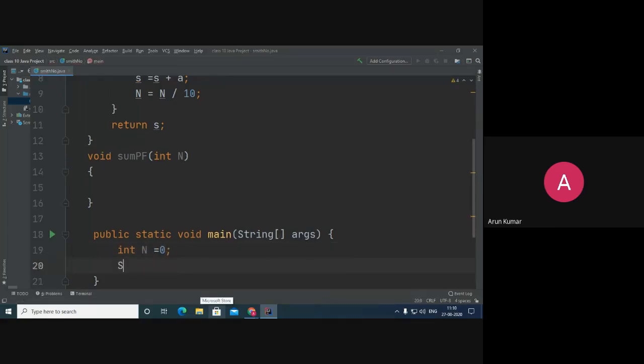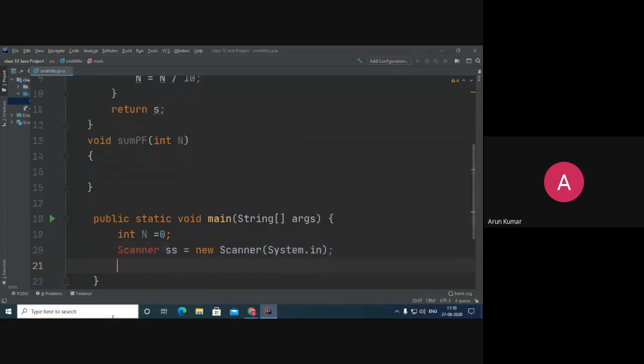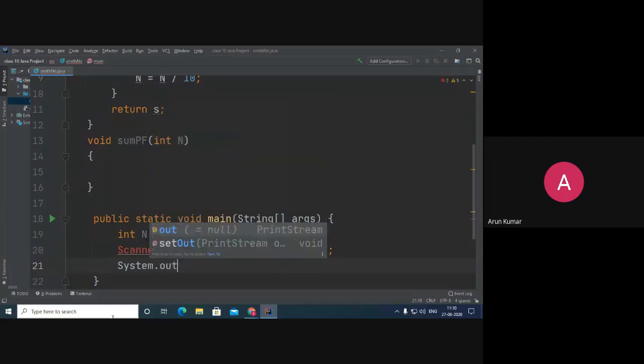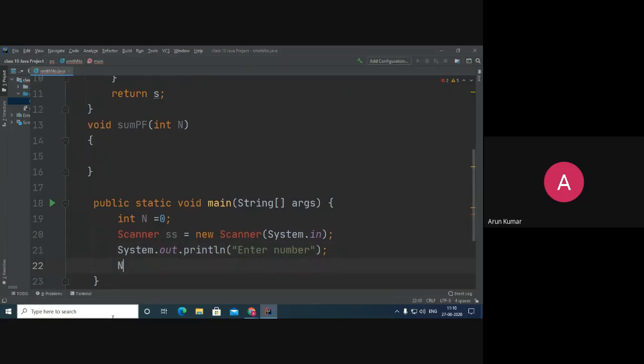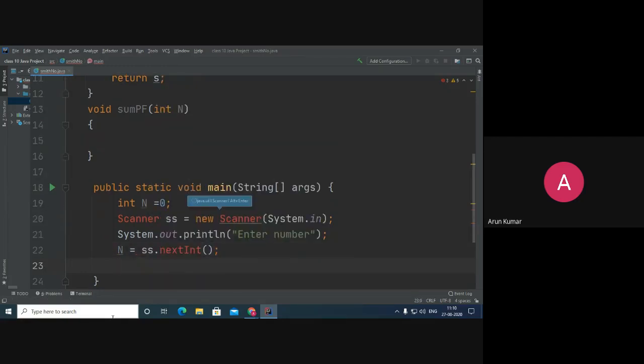First of all, I would like to show you how this is generating the prime factors. So first, enter number, that is this, and ss.nextInt. This is what I have got.